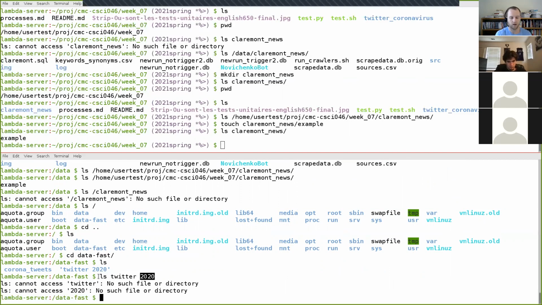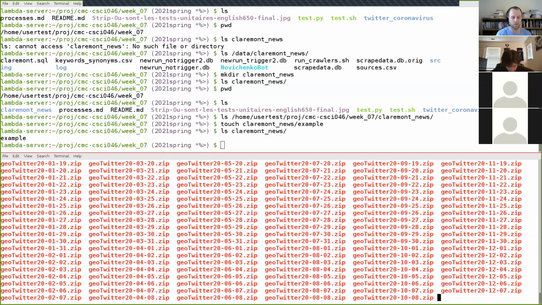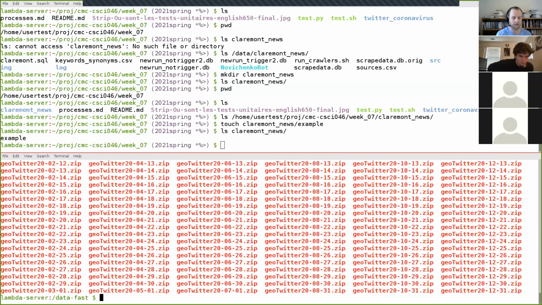In order to get it to treat it as just a single file name, there are 3 possible techniques that you can use. And you'll see me use all of these techniques in lectures from here on out. The first is that if you have a space, you can do what's called escaping the space by putting a backslash in front of it like this: Twitter\ 2020. This backslash tells the computer that the space is not separating 2 separate file names, but actually part of the